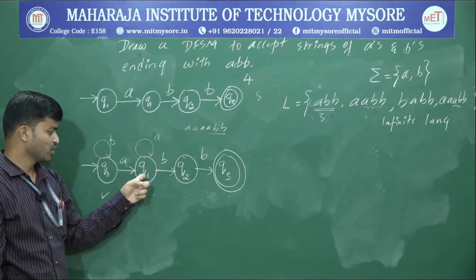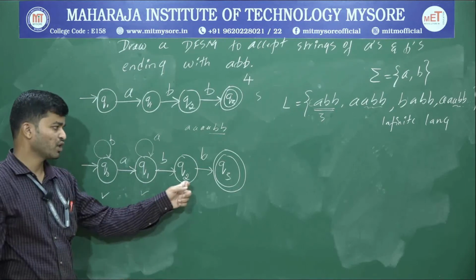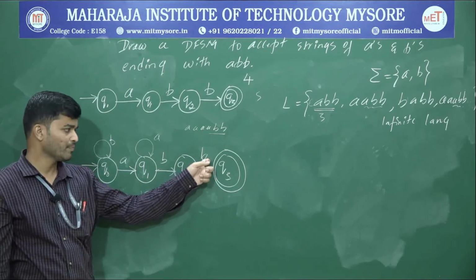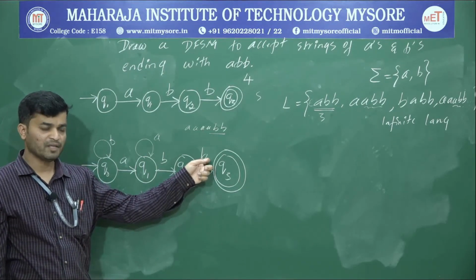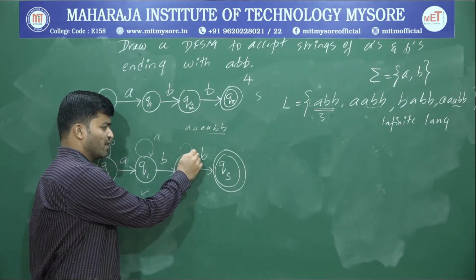Okay. So next, observe that Q1 has a path for A and a path for B, so Q1 is over. Next go with Q2. There's a path for B. Now to give a path for A, what's the first option? Loop. So if I write a loop, what will happen?